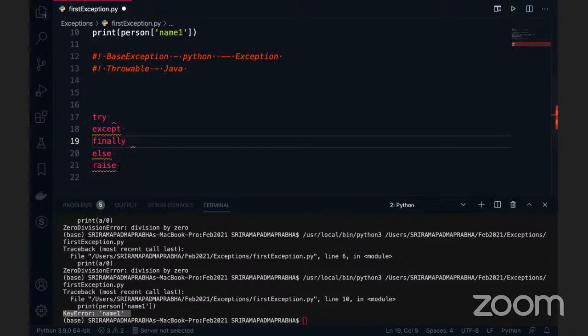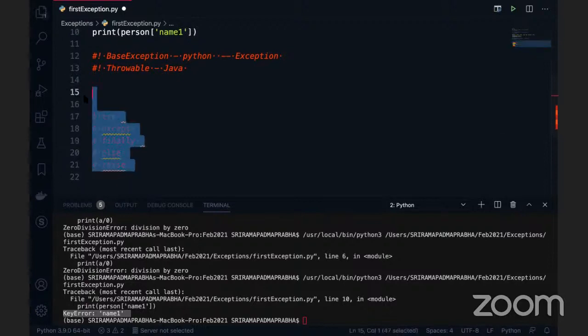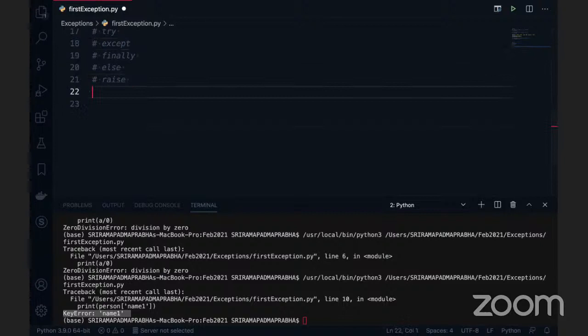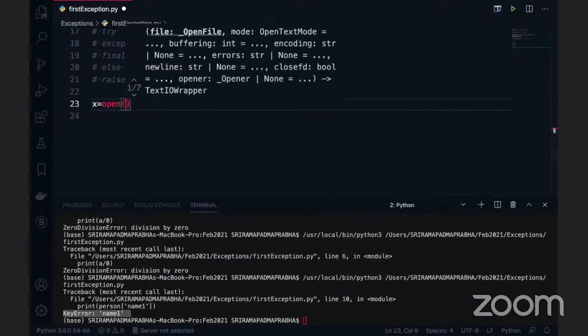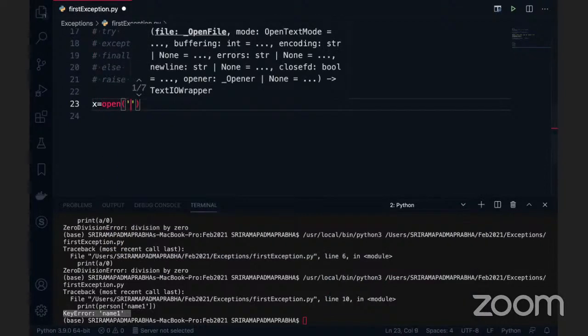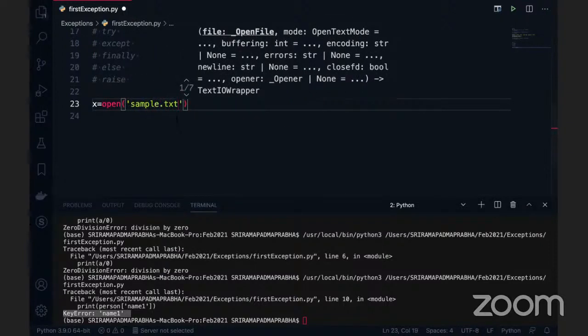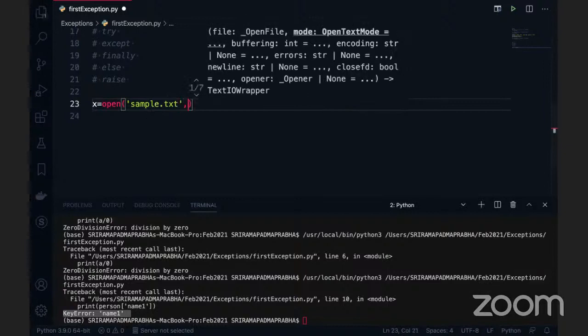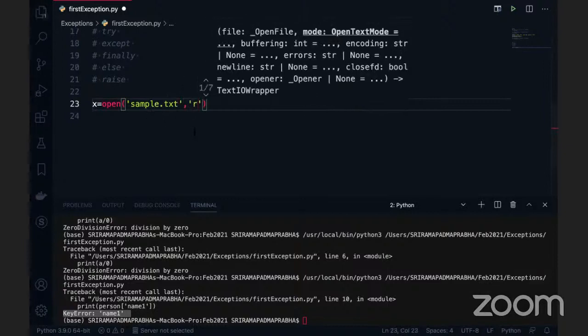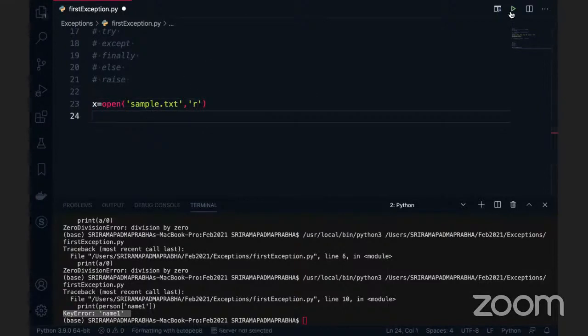What if my file is not found? Okay, I created one file. Let me show you how to create a file in Python. Anyway, I'm going to take a separate session for this. X is equal to, you have to use the open function. In the open function, I can say sample.txt. This is a function, and by default, it is in read mode. If you are not specifying it, let it be in read mode. If I'm going to execute this,